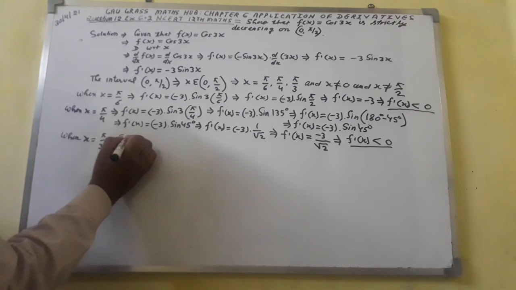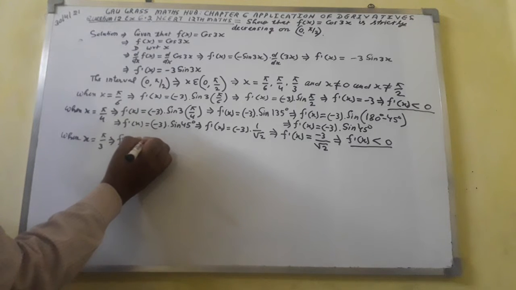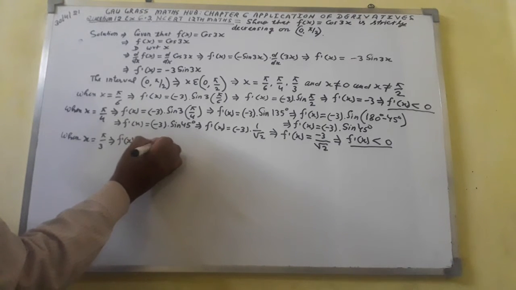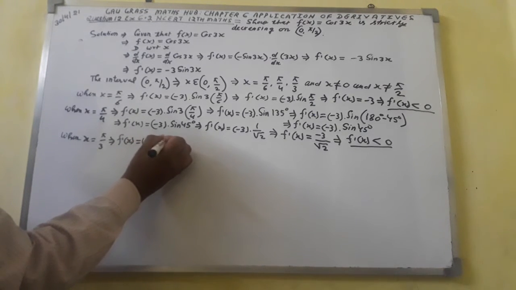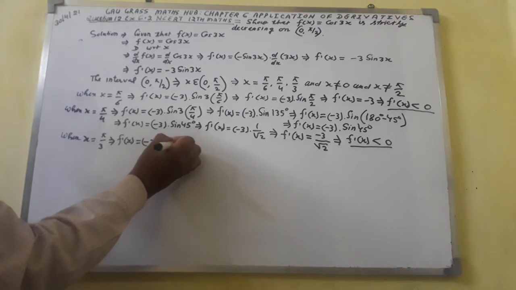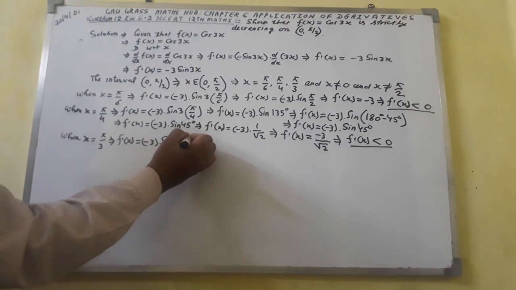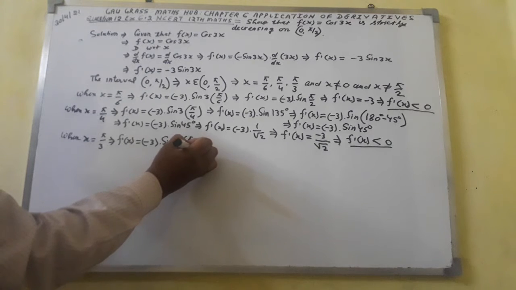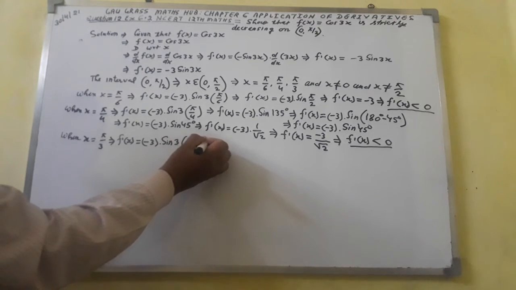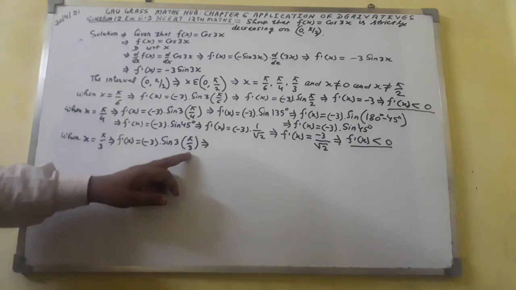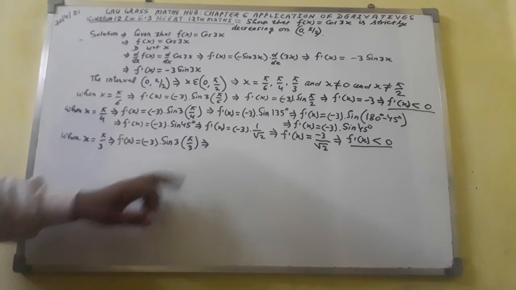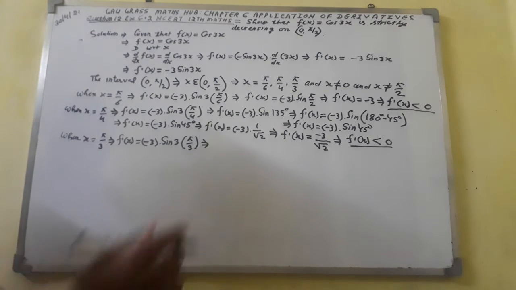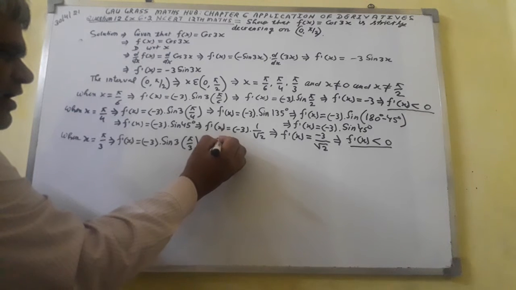Here I shall write f dash of x equal to minus 3 dot sine 3 in bracket I shall write pi by 3. Implied that, here in place of x I shall write pi by 3, comes out to be f dash of x